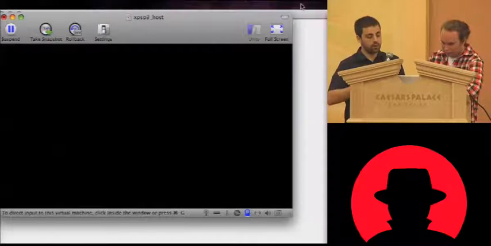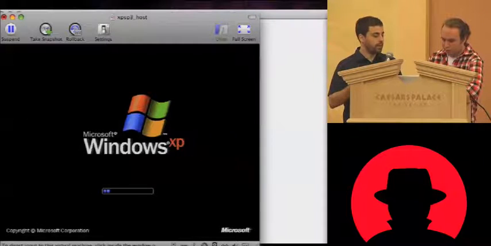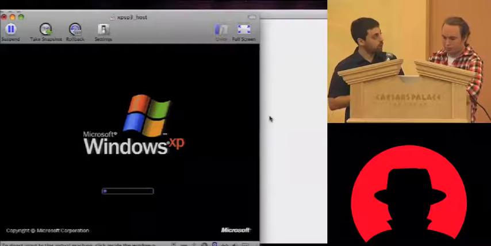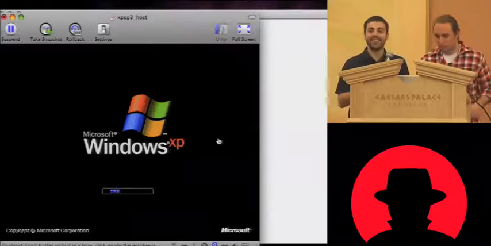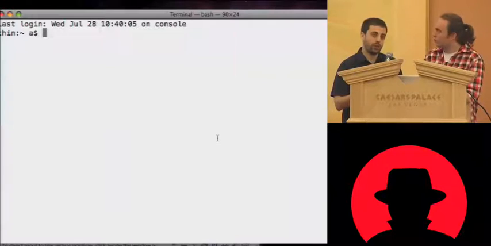We're going to try a machine that is vulnerable to this vulnerability, obviously, and we're going to do the attack against that machine. We have to wait for it to boot. So the first thing that we're going to do, like I said when I tried to explain this attack, is